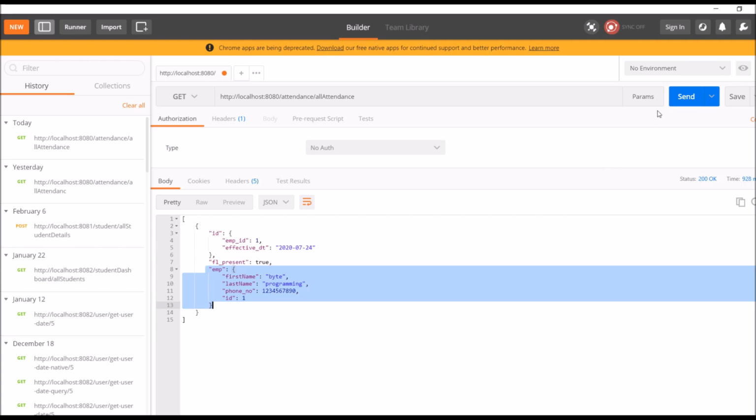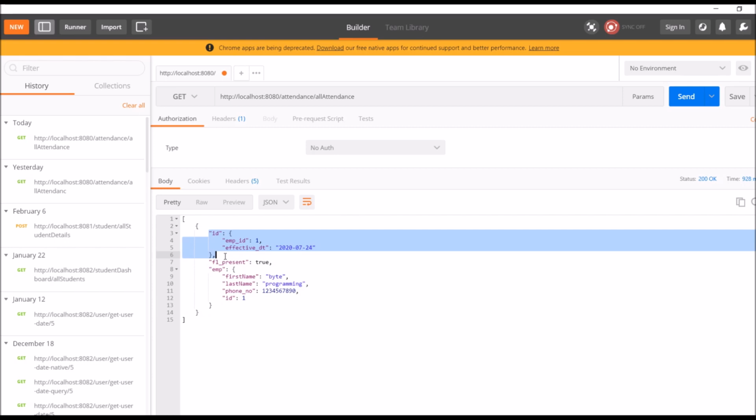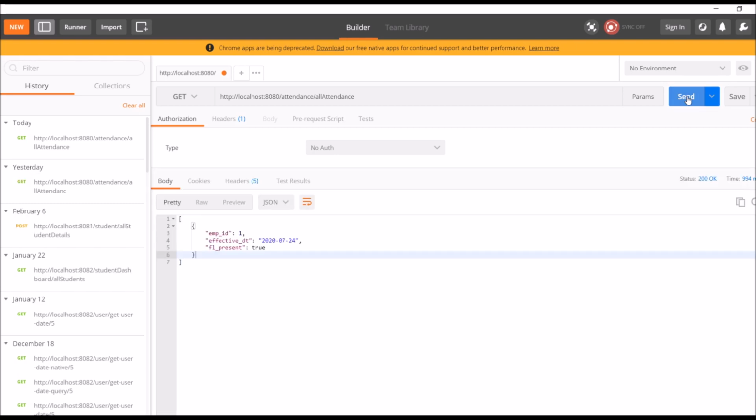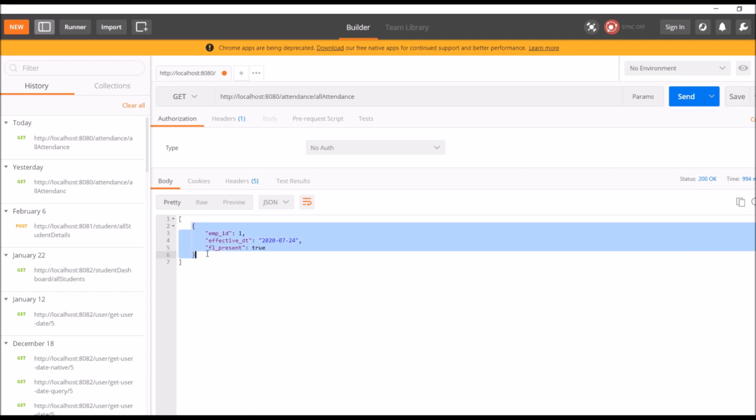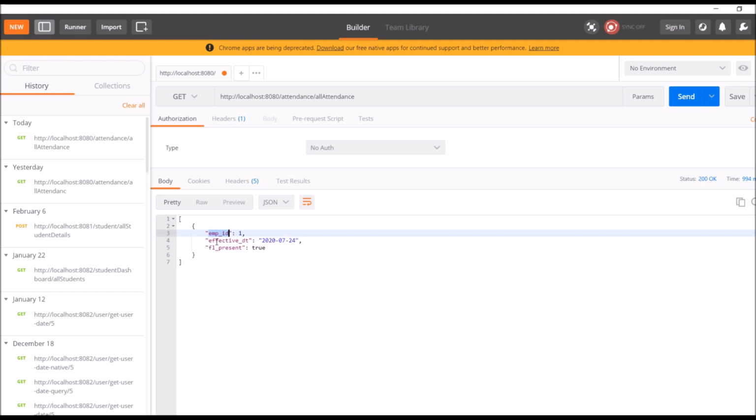Now before I hit the send button, just see the response that we got using the @Embeddable annotation. Let's hit the send button now. You can see here the response structure is now different. This emp_id and effective_dt are present at the same level as fl_present.